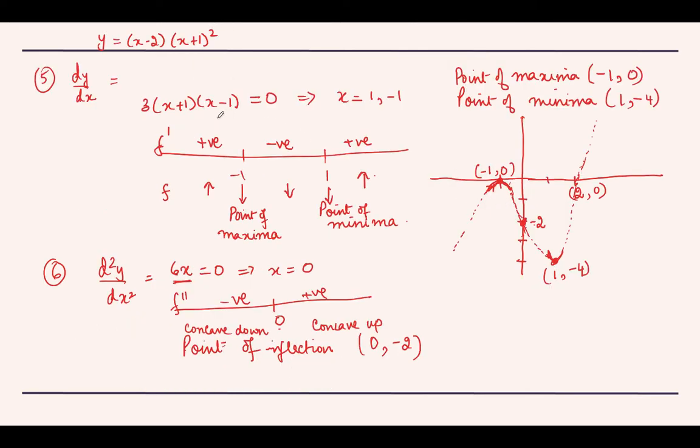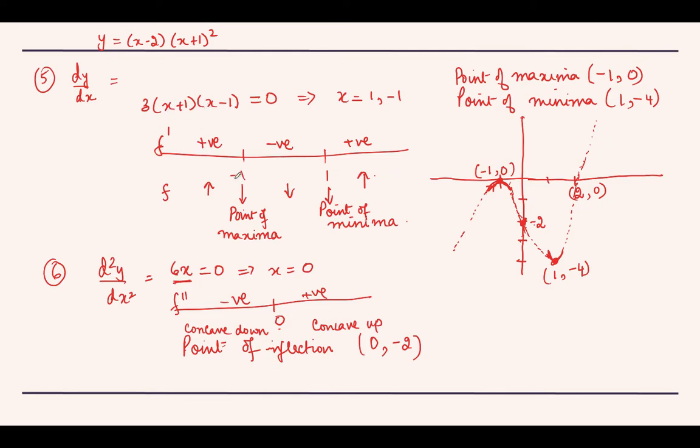Next we move on to the derivative. When we calculate the first derivative, this is the expression, and when we equate it to 0, we get two values of x. One is x equals plus 1, and the other is x equals minus 1. So that means we need to divide the number line into 3 intervals: less than minus 1, between minus 1 and 1, and greater than 1. These are our two critical numbers, and the number line gets divided into 3 intervals. In the first interval, if you see the sign of f dash, it comes out to be positive. So again you can assume any number, like you can put 0 here.